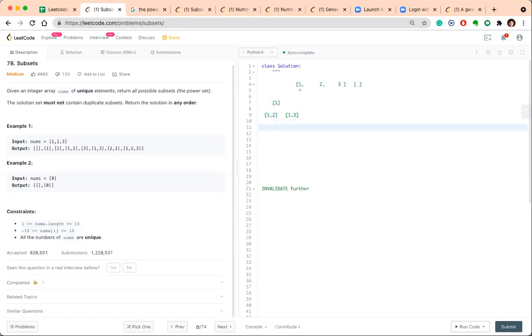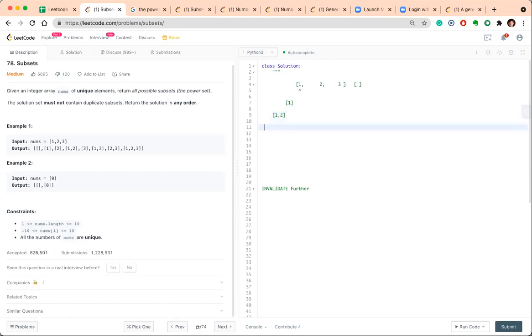Sagar, let's take off 1, 3. Yeah, let's take that off, because it will be easier for everyone if they understand it through the recursion stack. So first you take 1 into your stack. And then you add the second element into the next recursive stack.